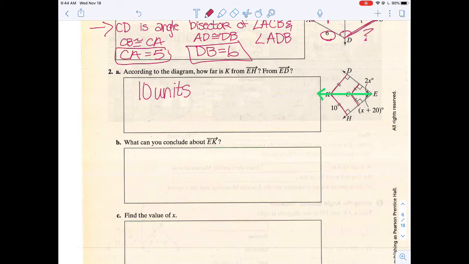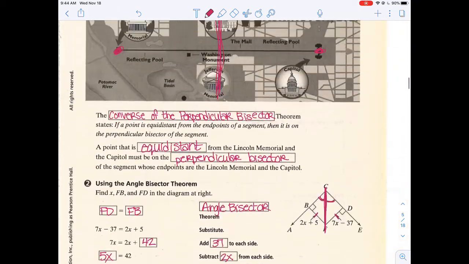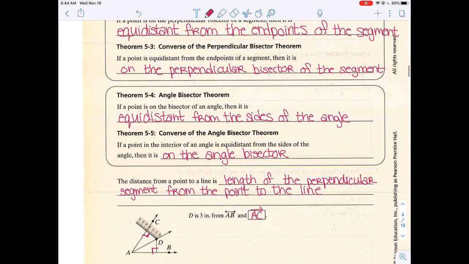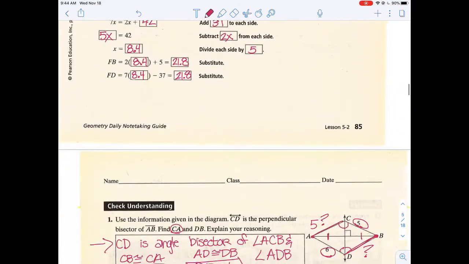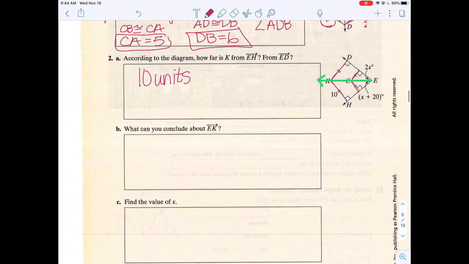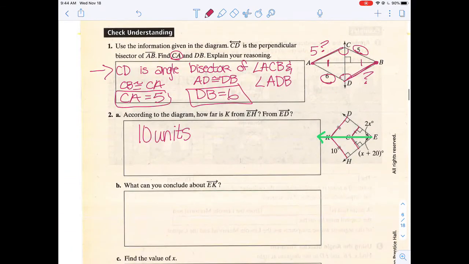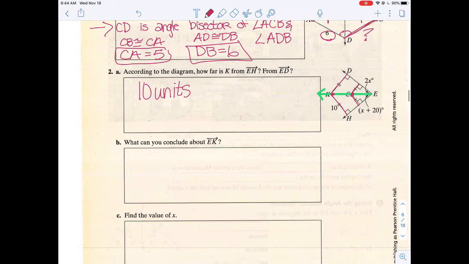So if I look back at my theorems, if a point in the interior of the angle is equidistant from the sides of the angle, then it is on the angle bisector. So these points are all equidistant from the sides of the angle, so ray EK is the angle bisector